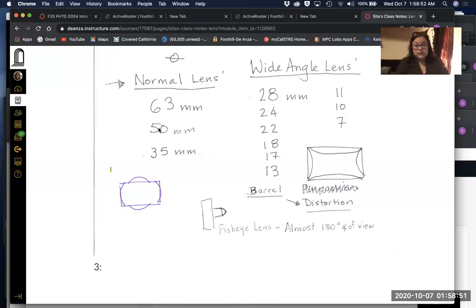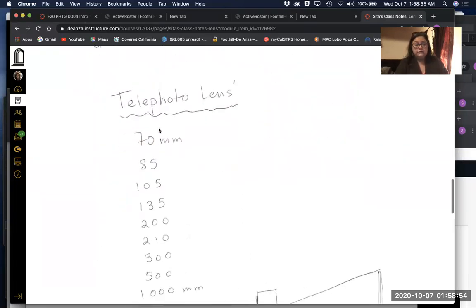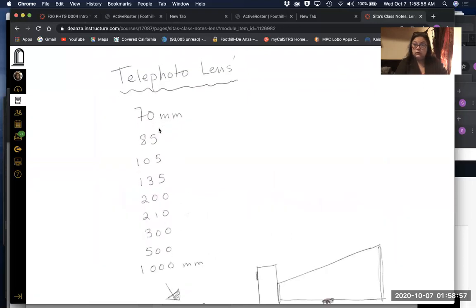The third category of lenses is called telephoto. Telephoto lenses are longer than normal lenses and have an angle of view that is narrower than those found on normal lenses. Telephoto lenses start at about 70 millimeters, and then they get longer and longer. The effect of the telephoto lens is to isolate a small area or portion of the amount of information in front of you. So if you're photographing a group of people in a room and you just want